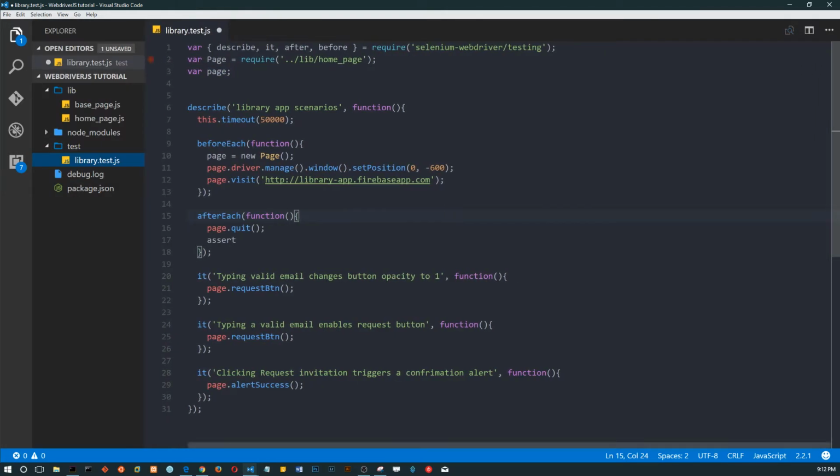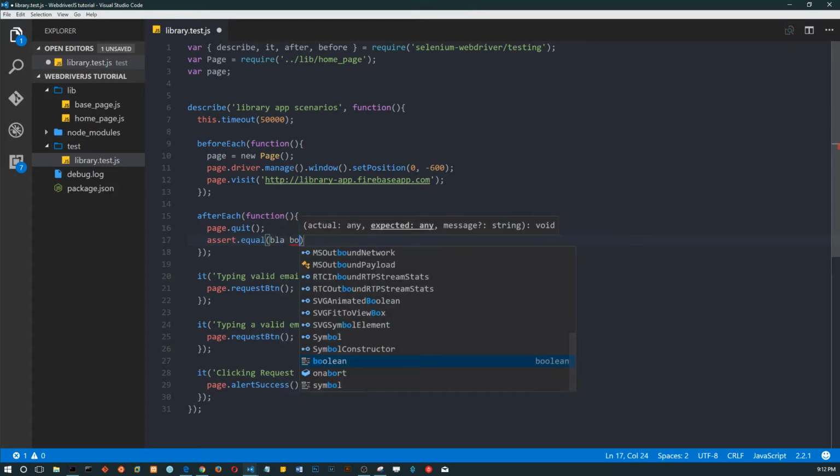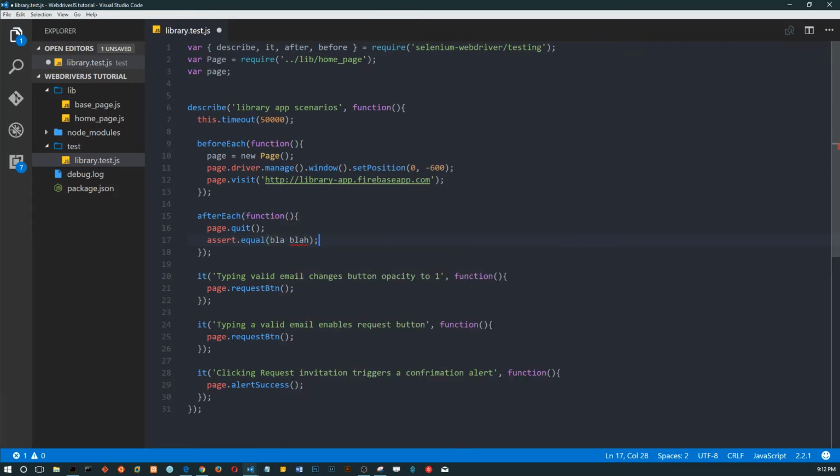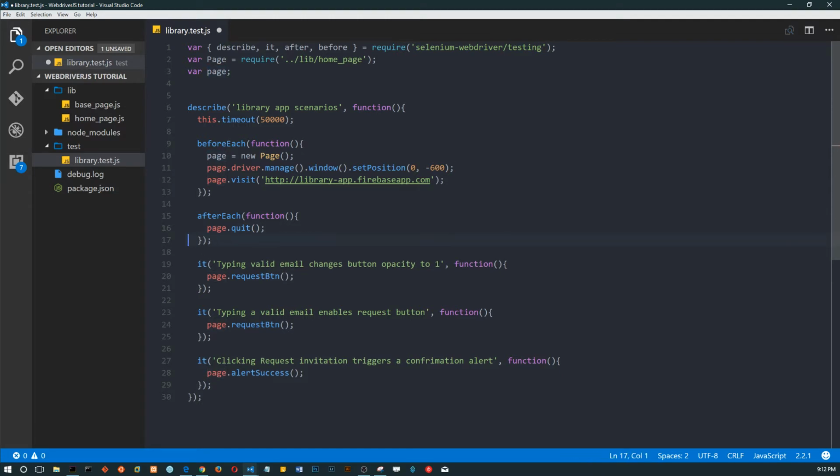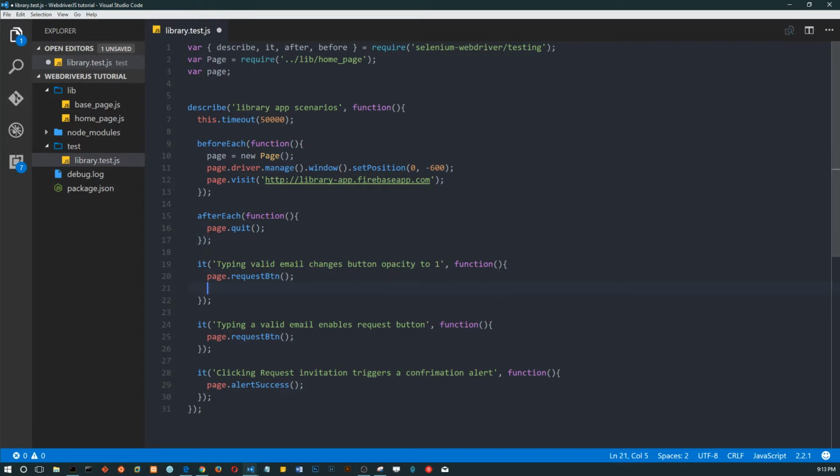Expand this again. If I said assert, assert equal blah blah about something. Oh, this is the wrong one. Oops. So if I call this var btn and assert something about btn,